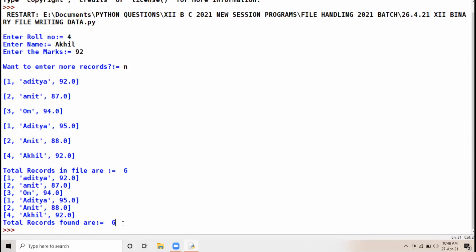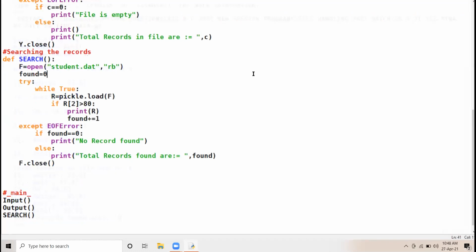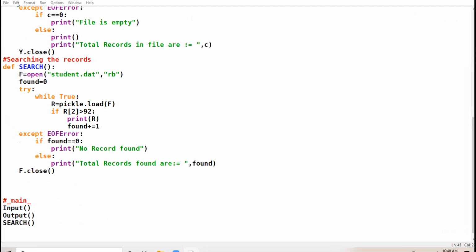Am I clear? Now I change the condition. Now what I say, if marks are above 92, then let us again run this code.